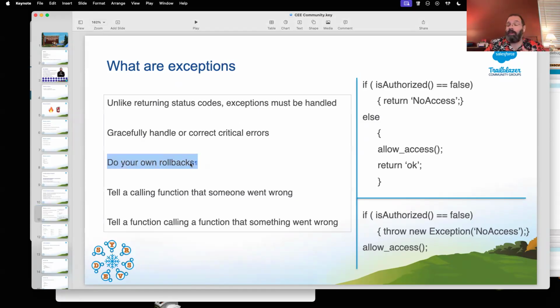If you catch an exception, you might have to do your own rollbacks. Because normally, if an unhandled exception happens and you inserted a record, the database says, oh, there was a problem, we're going to do a full rollback. If you catch that insert problem, if you catch that exception, it's not going to be told there was a problem, because caught exceptions are considered not a problem according to Salesforce. So you may have to roll back certain pieces of code if you catch the things. This is very code dependent on what you're doing.